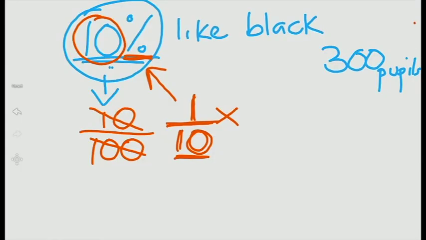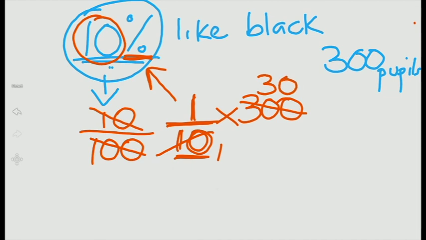So let's multiply this by the total number of pupils in this class. That is 300 pupils. How many tens here? 1. How many tens here? 30. 30 times 1, it means the total number of pupils that like the color black is 30. 30 pupils like